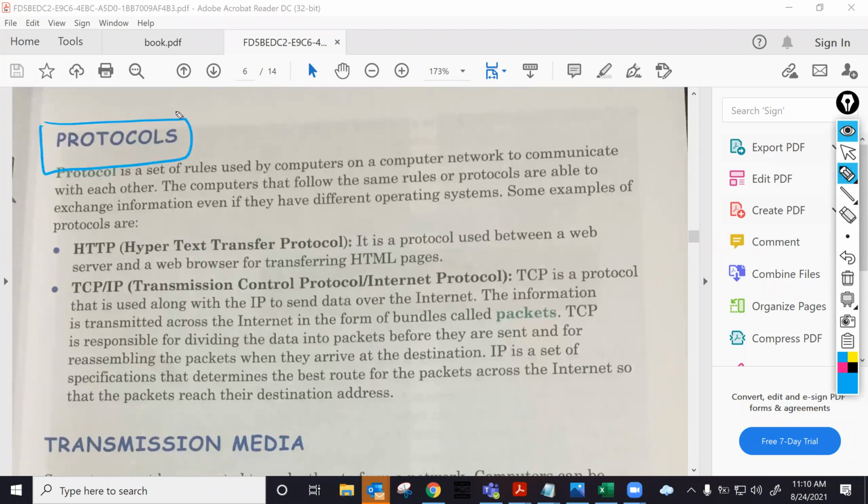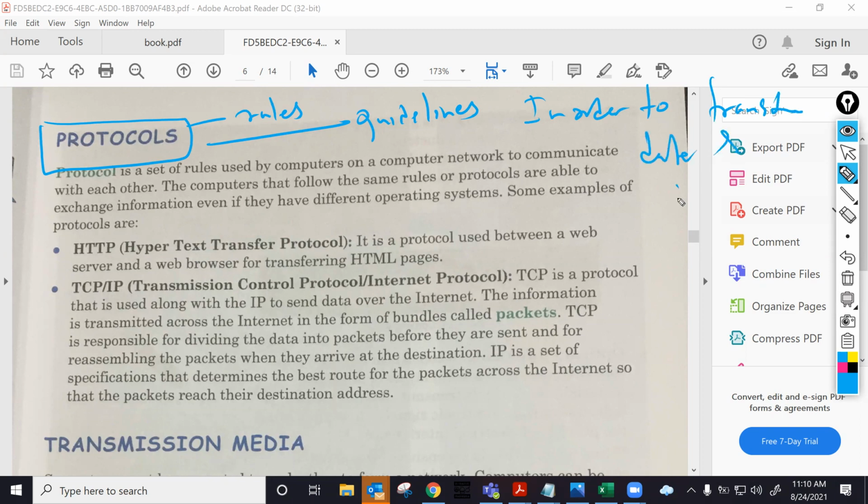Protocols are rules and guidelines in order to transfer data and information between nodes in a network. That's why these protocols come. So these protocols are defined by